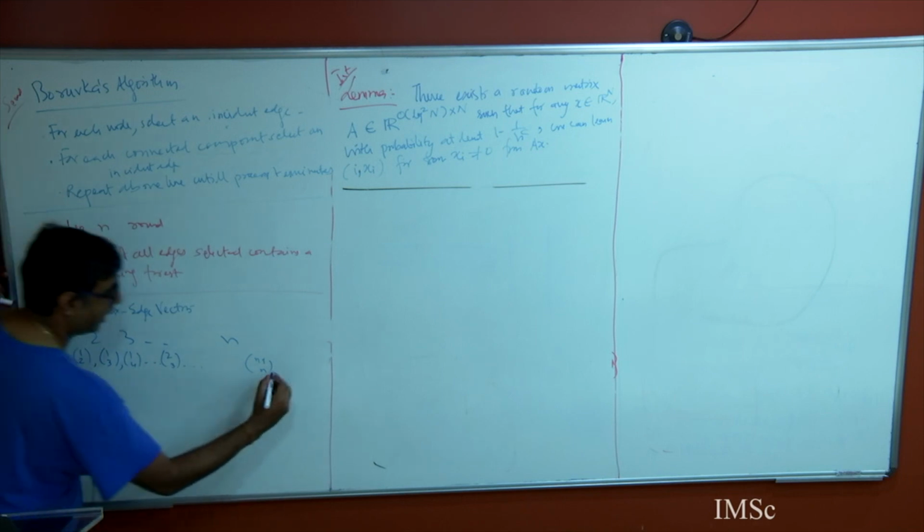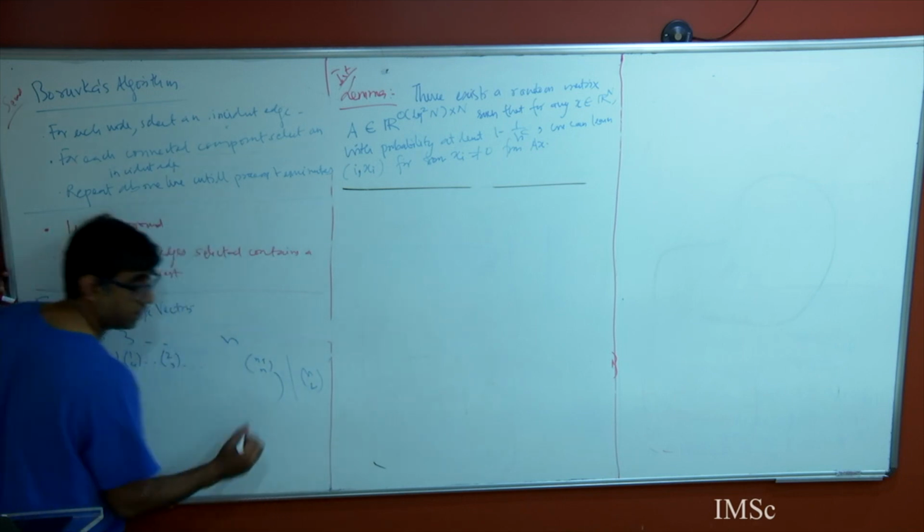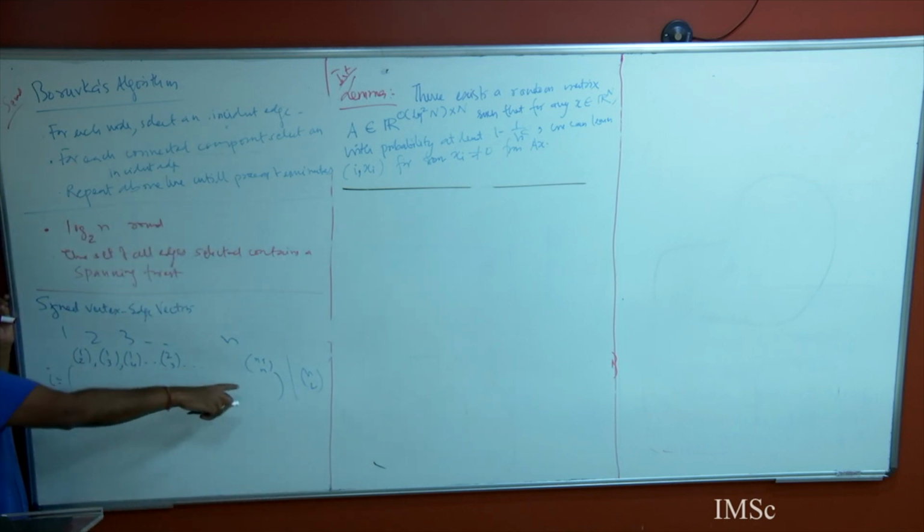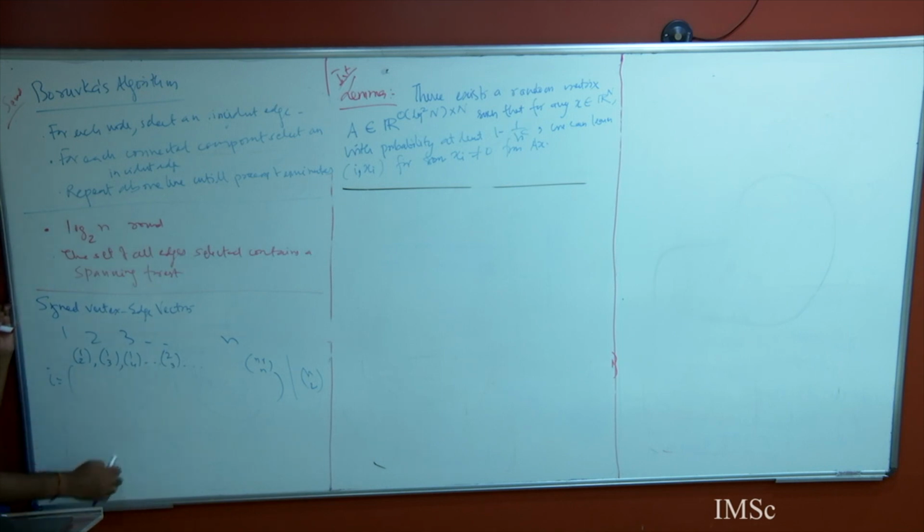So what is the size of this vector? N choose 2. And because I know how they are ordered, if I told you the 10th index there is a 1, the meaning of this will be an edge between which i and which j. If I told you that here is a non-zero entry, then I can tell you which i and which j has an edge between them.